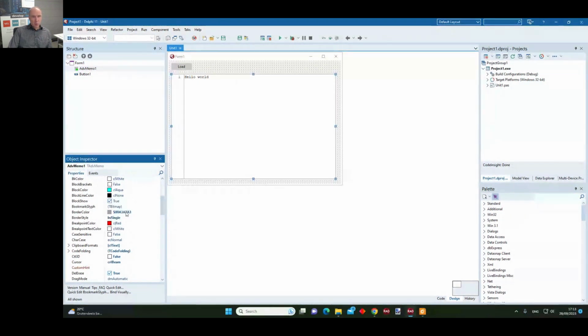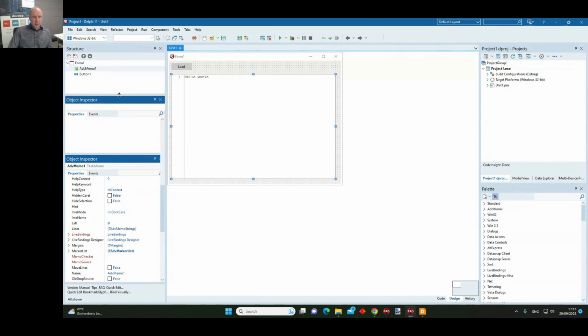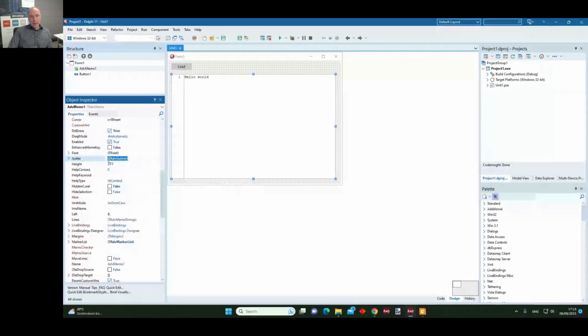I also want to briefly mention the gutter. The gutter is the left part of the memo that you can see here, left side. It holds by default the line numbers of code in your memo, and there are a few extra options that you have in the gutter. You can control the width of the gutter.